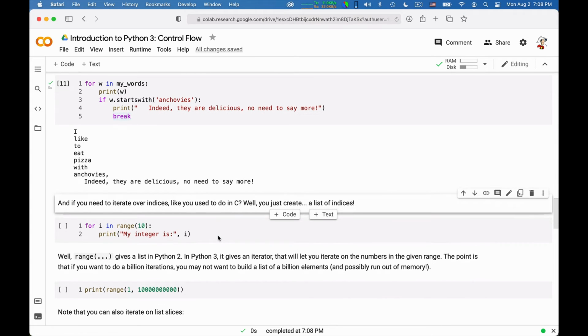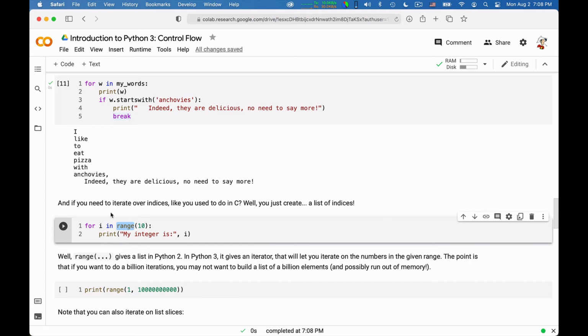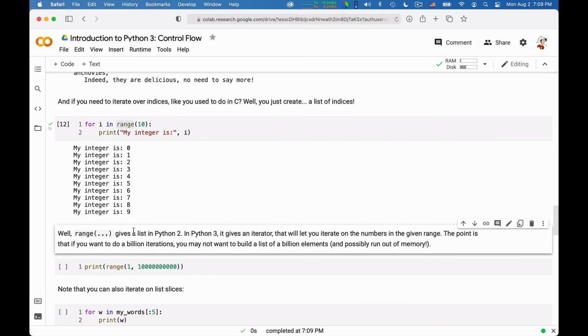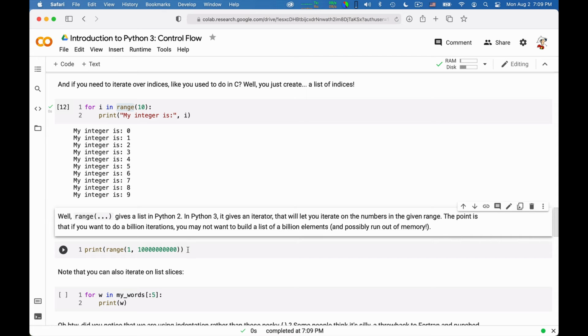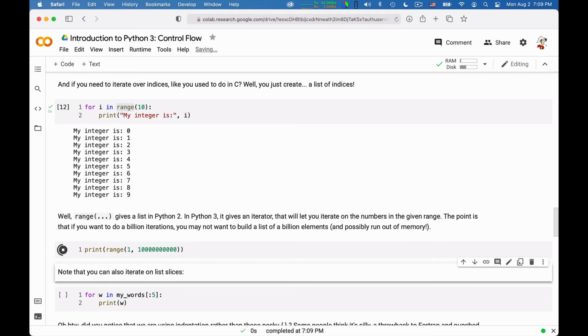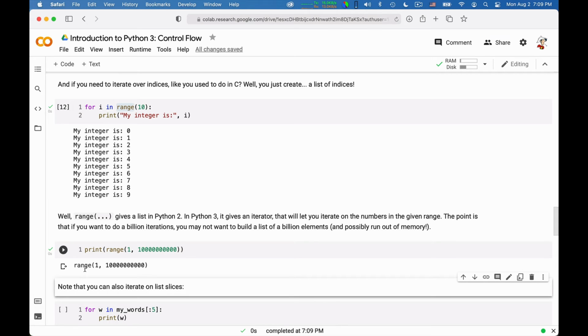I already mentioned the range is a way to create integer ranges on which you can iterate. You can print this incredibly large range, and your computer will not actually blow up, because a range is not really a list. It's simply an indication of the extent of numbers over which you want to iterate. So a range is represented implicitly inside the execution system of Python. It's not represented by creating a list of so many elements and then enabling you to iterate on it.